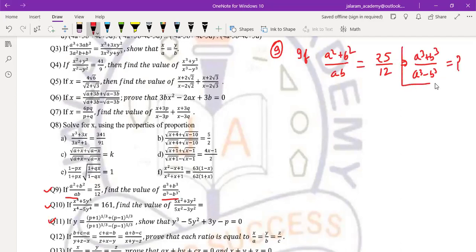Okay, so this is a known quantity and this is given. So if you think about the relationship between a square plus b square and ab, does anything come to your mind? When you discuss the relationship between a square plus b square upon ab, think about it. Which identity, algebraic expression, algebraic formula comes to your mind?